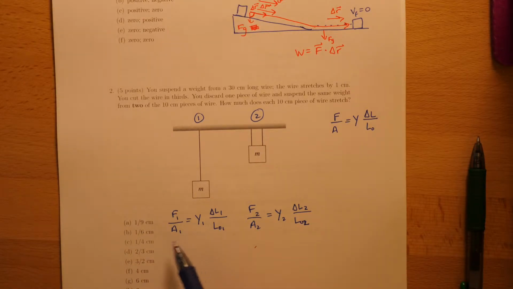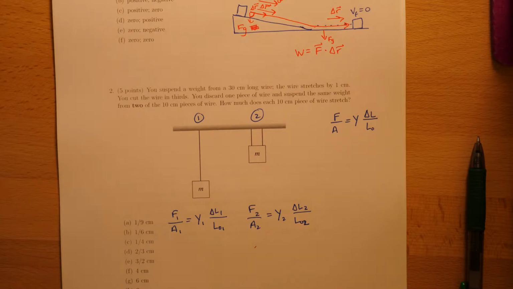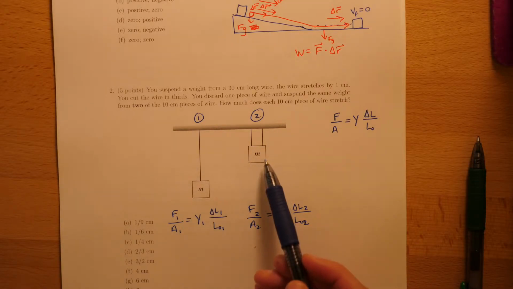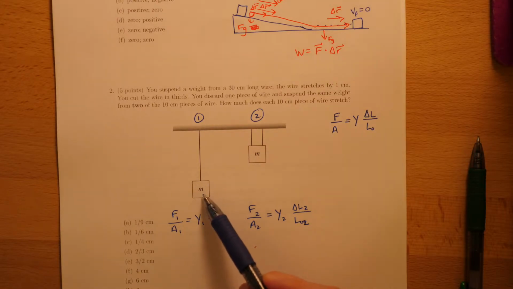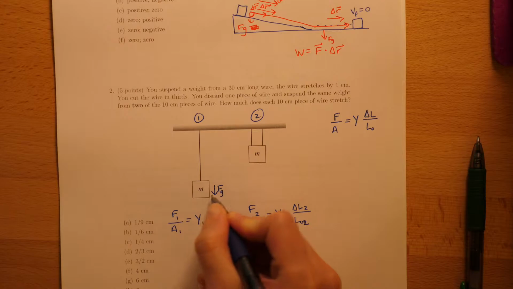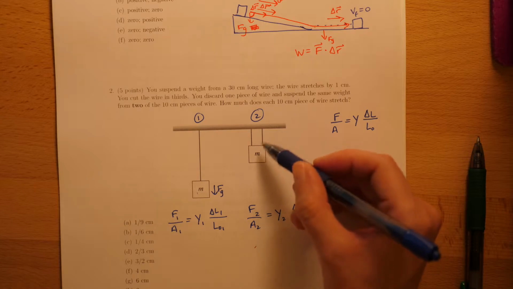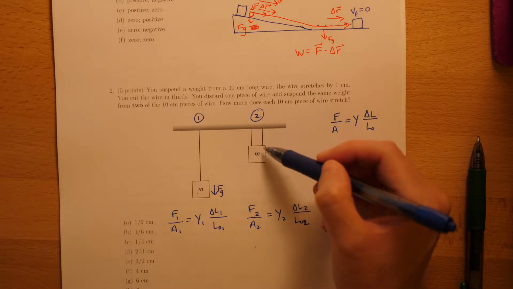Okay, so now I start looking to see if any of these variables are the same. Because this is true for this mass, and this is true for this mass. So let's see. So the force exerted in each of these scenarios is, well, over here it's mg because it's the force of gravity acting on this mass. And it's going to be the same over here. So over here we have a choice. We can either say, okay, the cross-sectional area is bigger because there's two wires, or